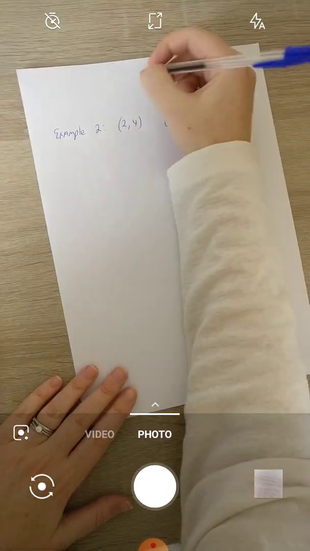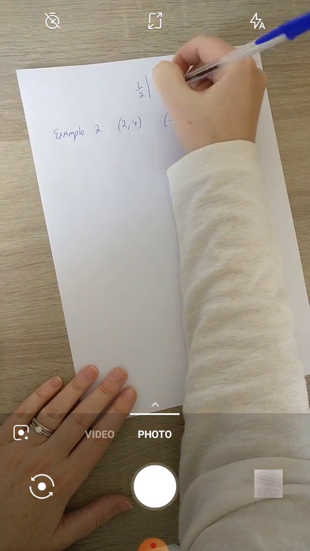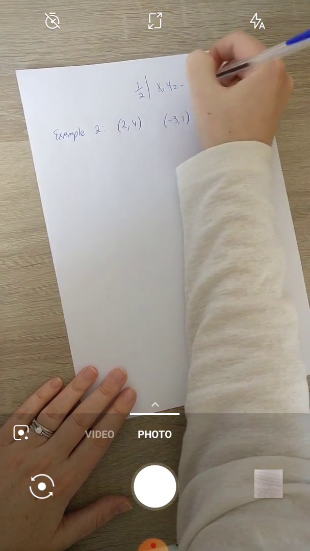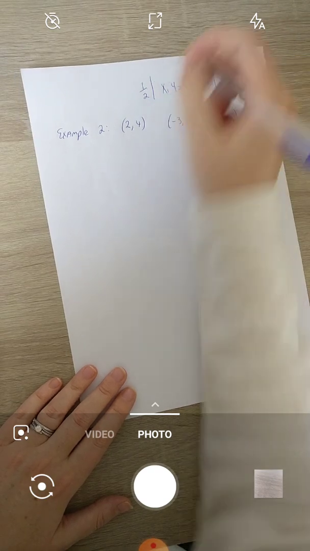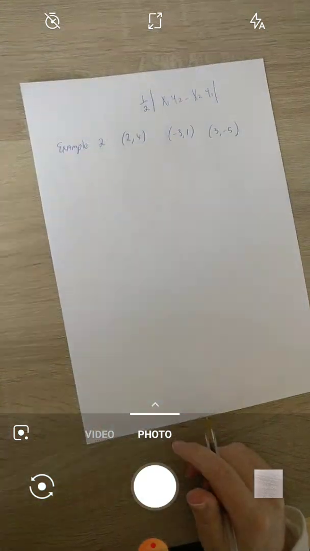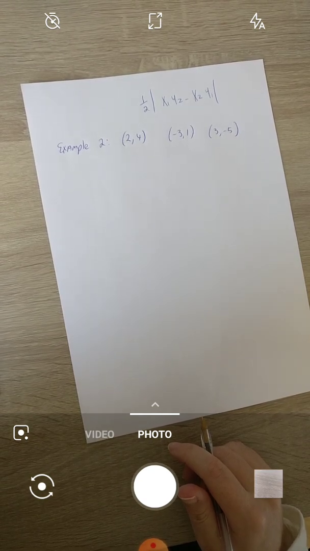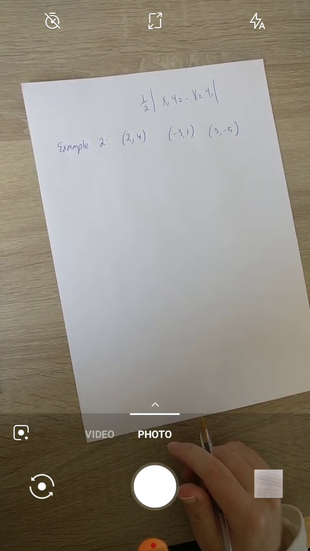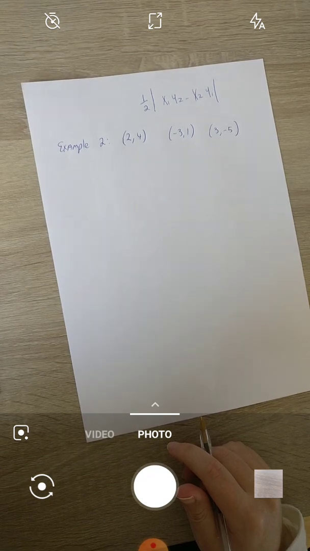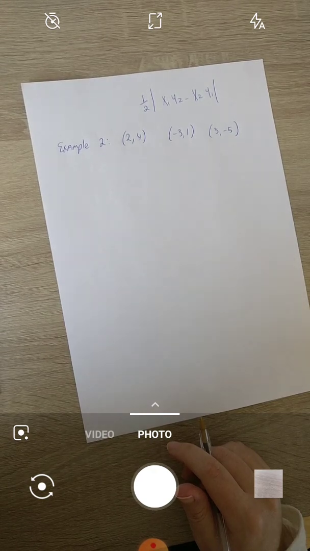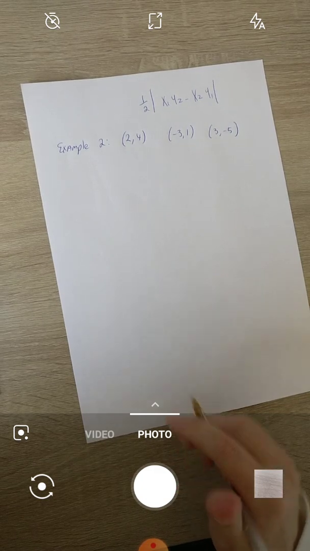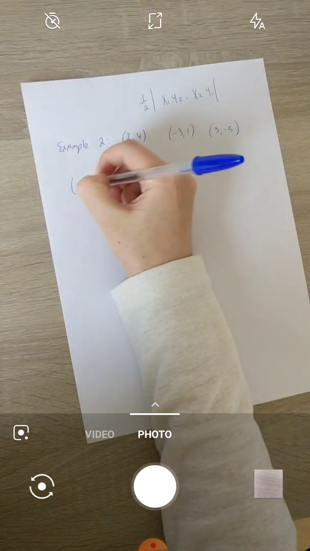So different example and a more challenging example here. So writing down our formula. But the problem with this is we do not have one of the vertices as 0, 0. So if one of the vertices is 0, 0, that means you can just sub in the other 2 coordinates to the formula. So we now need to move one of these points, so it's now a 0, 0. So I'm going to move 2, 4